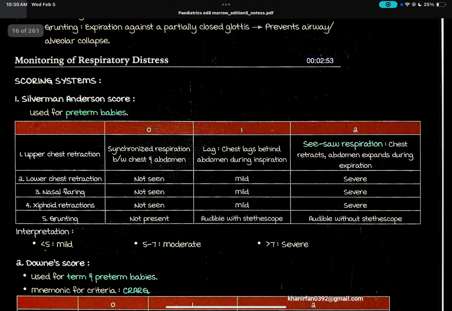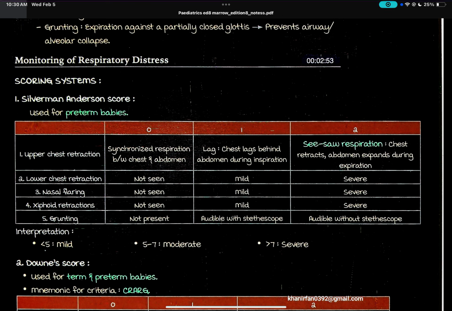Monitoring of respiratory distress. Scoring system. First you have what is called the Silverman-Anderson score, and it is used for preterm babies only. So you have your score 0, 1 and 2. We will see the score 0, and the criteria are 5. First is upper chest retraction, second is lower chest retraction, third is nasal flaring, fourth is xiphoid retractions, and fifth is grunting. So score 0 is synchronized respiration between chest and abdomen, and lower chest retraction is not seen,